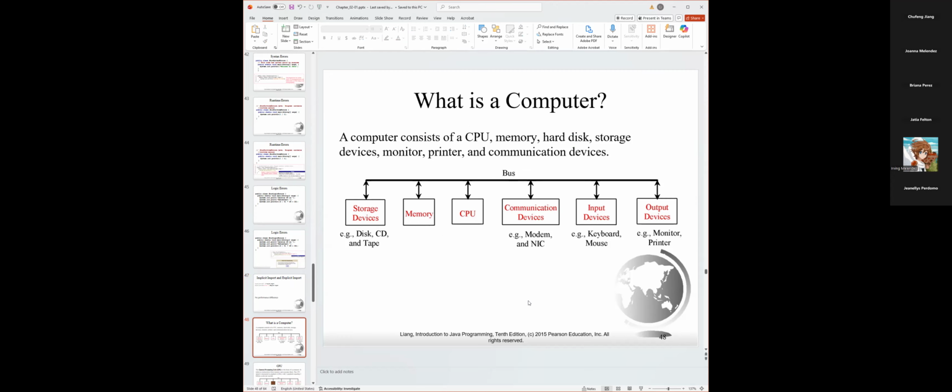A computer consists of a lot of components, like the CPU, the memory, and hard disk, storage device, input and output devices, and all the things are connected by a bus. That is how they communicate with each other. Memory sends data through the bus to the CPU, and the CPU gets some output, like calculating 1/2 or 1/0. Although it is not allowed in true programs, sometimes it will generate